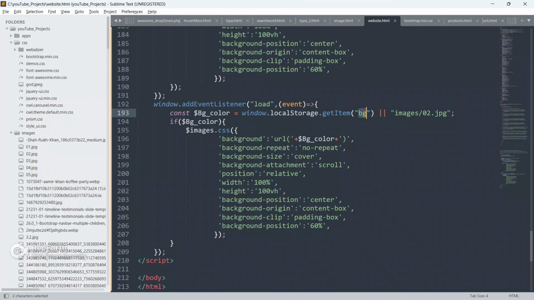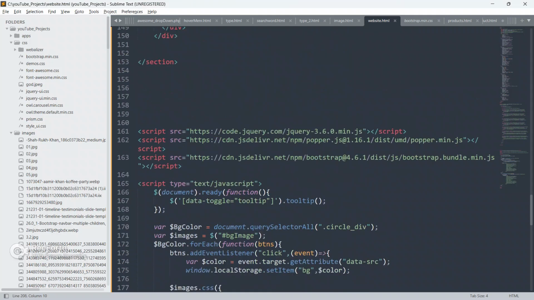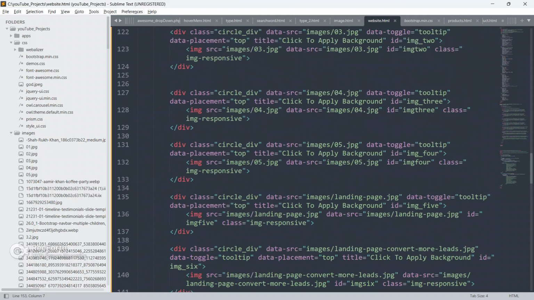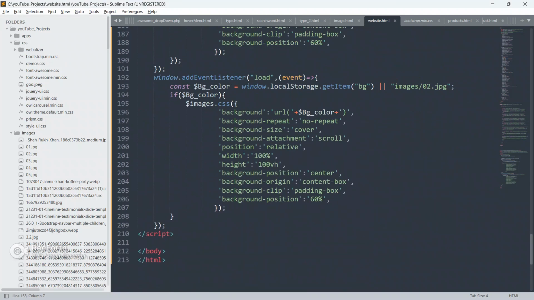We get the local storage value bg. If it is not there, we give a default image and save it in bg color. If this bg color exists, only then we change the CSS of the entire section.